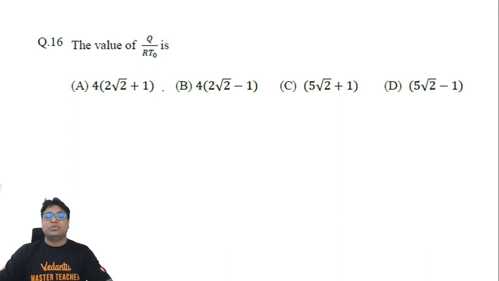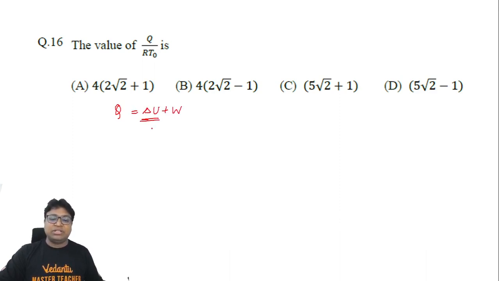So what we can do to find out the amount of heat supplied, we can make use of the first law of thermodynamics. So we have to calculate the increase in internal energy of the gas in the left chamber, and we have to calculate the work done by the gas in the left chamber. That will help us. Now to know the value of delta U, I must first calculate the temperature of the gas in the left chamber.